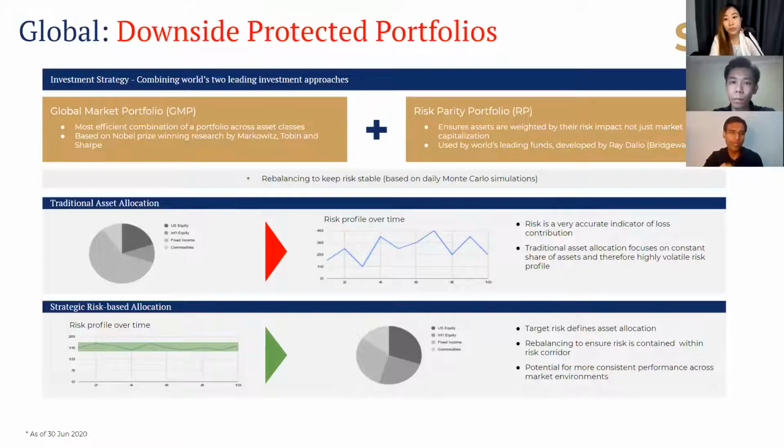I won't go into the technicalities, but the idea is, once you can quantify your downside, the asset allocation is the byproduct, because we target a risk level and that determines asset allocation, not the other way around. And when you do it this way, what we have observed is that this methodology actually outperforms a traditional asset allocation-based methodology. When you target risk rather than asset allocation, and do risk-based rebalancing rather than asset allocation-based rebalancing over an extended period of time, you see better returns for your portfolio. So that's the overall framework that we work with.